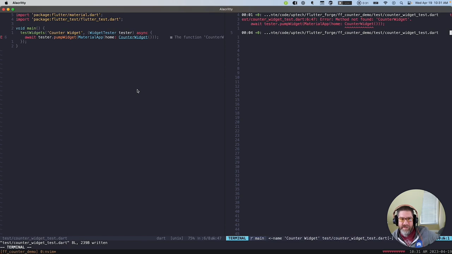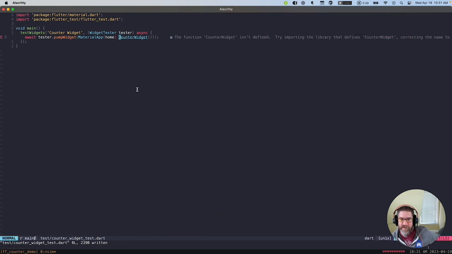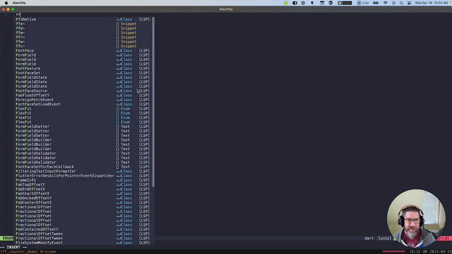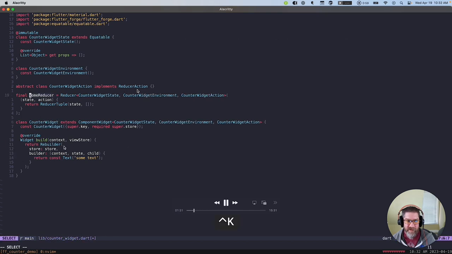And of course it does. We were also informed by LSP. So now we create the component. So we create lib counter widget. Now in here, again, we have a Flutter Forge component snippet that expands. Now it drops us into the class name for the widget. So we rename it to counter widget, and then we also rename this,